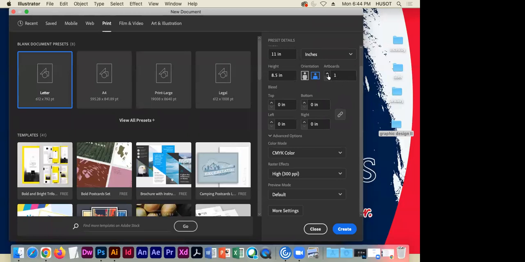Illustrator's gotten smart. From some standpoint, I would say smart, but from another standpoint, I'm thinking they're starting to steal some of the thunder from the other programs. You can do multiple artboards. Well, then that begs, why do you even have InDesign? Because if you can do multiple artboards in Illustrator, and you can do multiple artboards in InDesign, and InDesign is multi-page, and now Illustrator is multi-page,